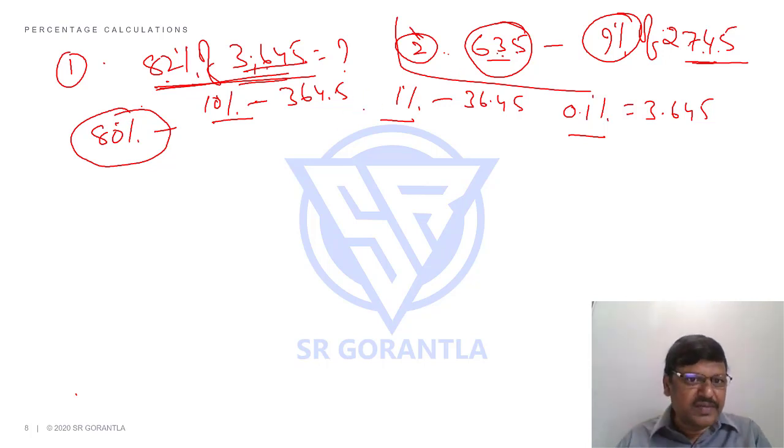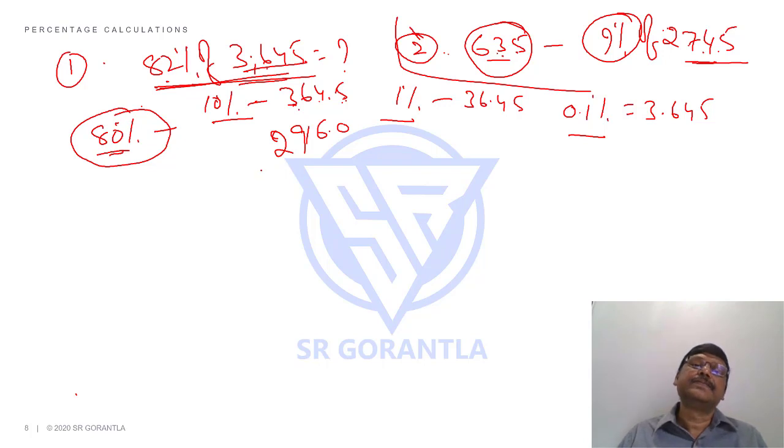So that's about 10, 1 and 0.1. Now let me come back to this. I said this 80% itself, I can tell you in 2-3 different ways. One approach is this, students. 80%: 10% is 364.5. You can say 80% means into 8. What is into 8? 8 5s are 40, 8 4s are 32, 36, 8 6s are 48, 51, 8 3s are 24 plus 5, 29. Is that okay? Now students, 2916 I can say.